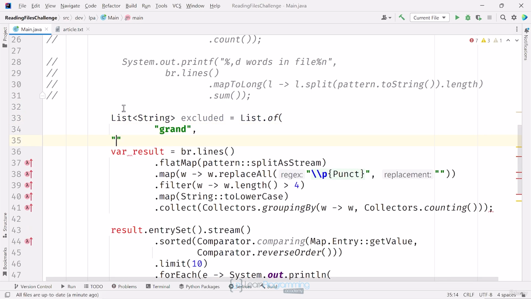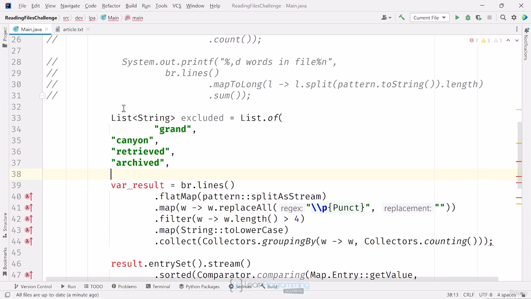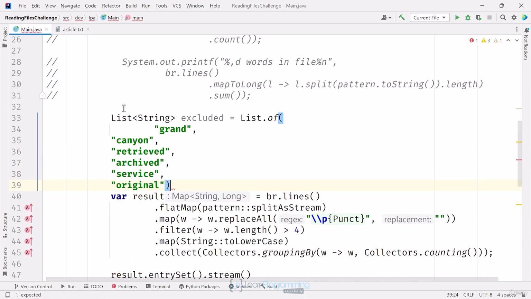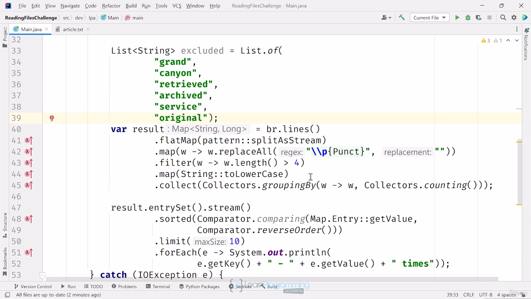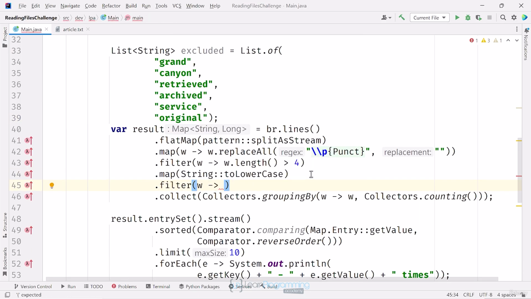So Grand, Canyon, retrieved and archived. And maybe service and original too. I'll need to filter out the excluded words, and I can do that by checking if the list contains the word, and if it does, I'll return false so the word won't be included. Okay, now if I run this,